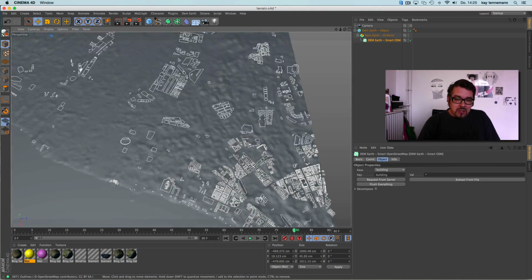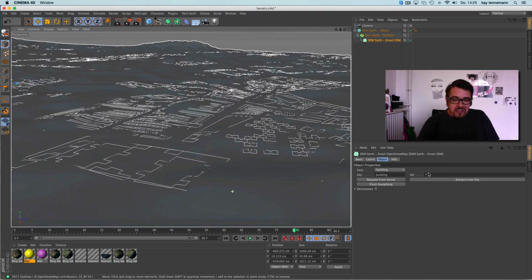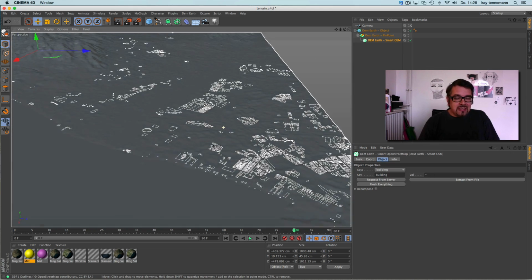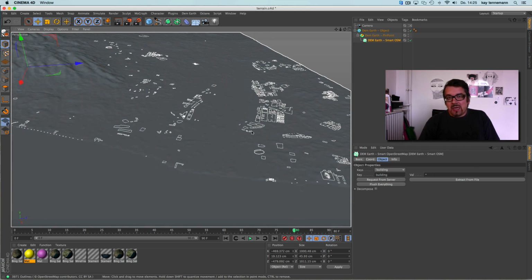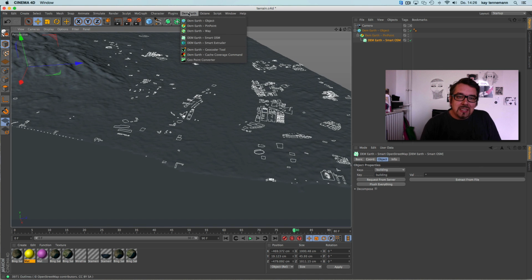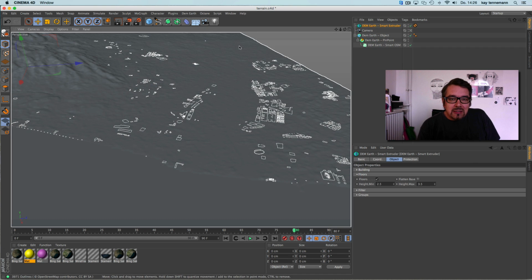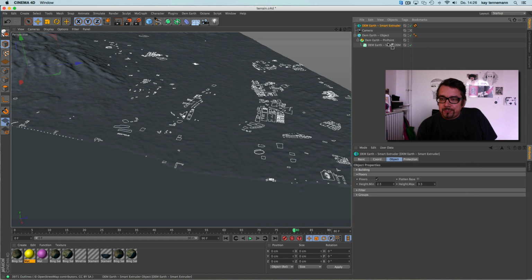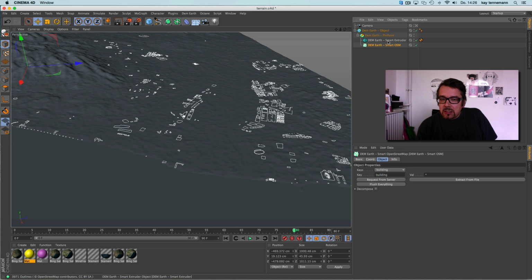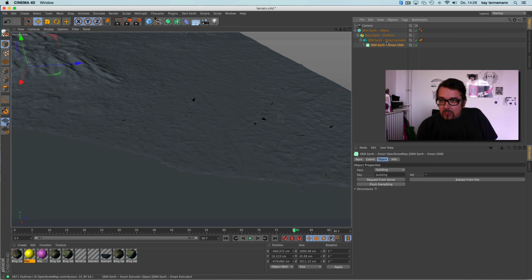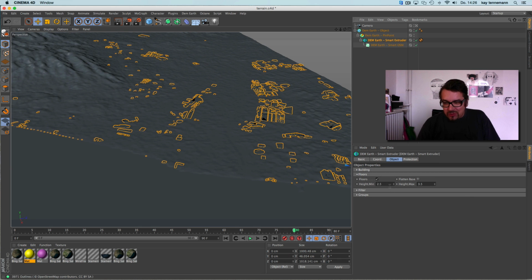So then there's another addition. These are just splines from the buildings, and you can imagine what you can do with splines from streets. You can put some little MoGraph setups that make movement on the streets. It's very great. And here's the smart extruder object that extrudes the splines too.